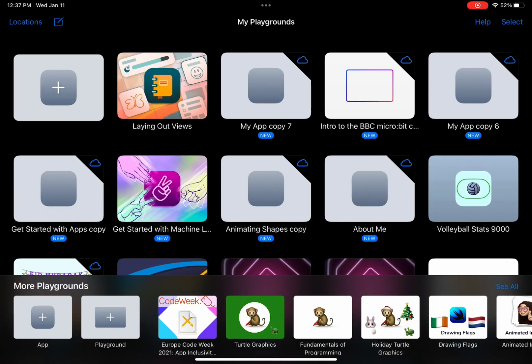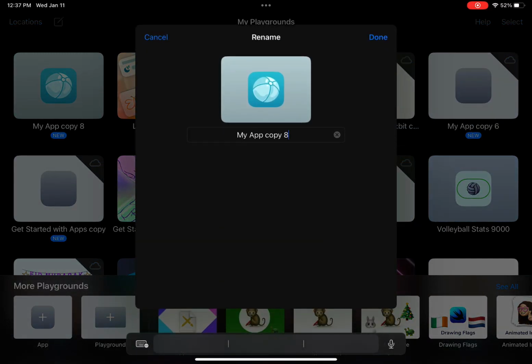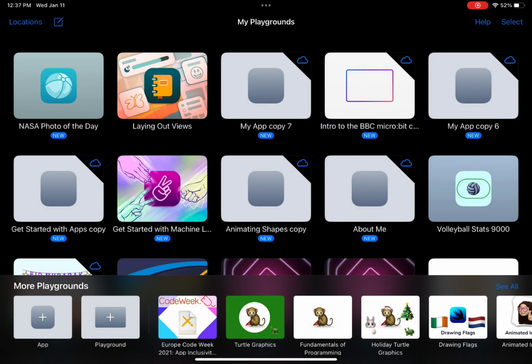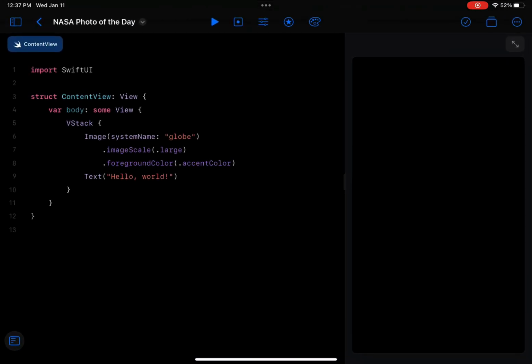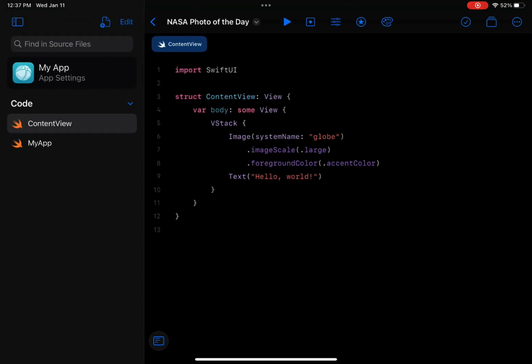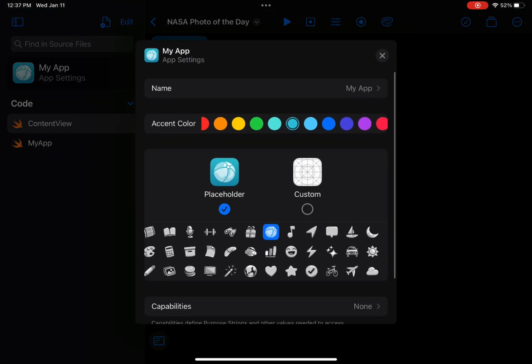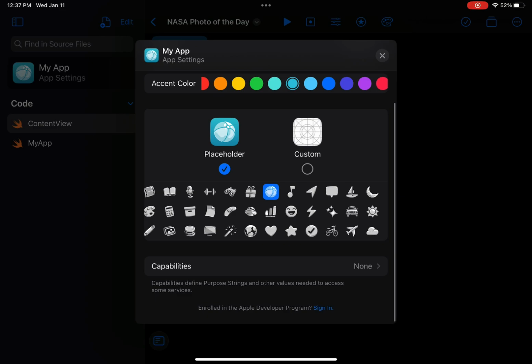So first things first, we tap on the app icon down in the lower left-hand corner, Swift Playgrounds. And we can tap on the text for our app name to rename it. So we'll give it a good name for our project. Once we've done that, we'll tap on the playground itself and open it up and see our brand new app from scratch. We can tap on the app settings icon over on the left there to give it a new icon,